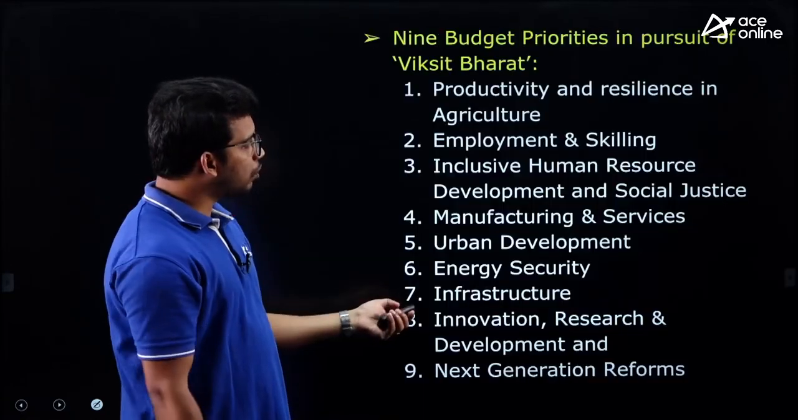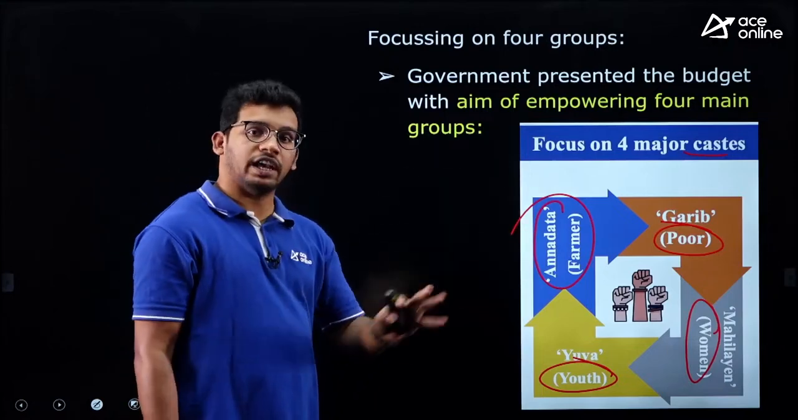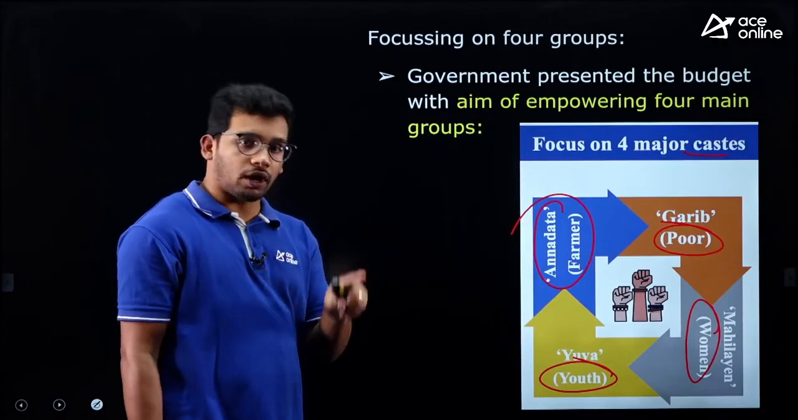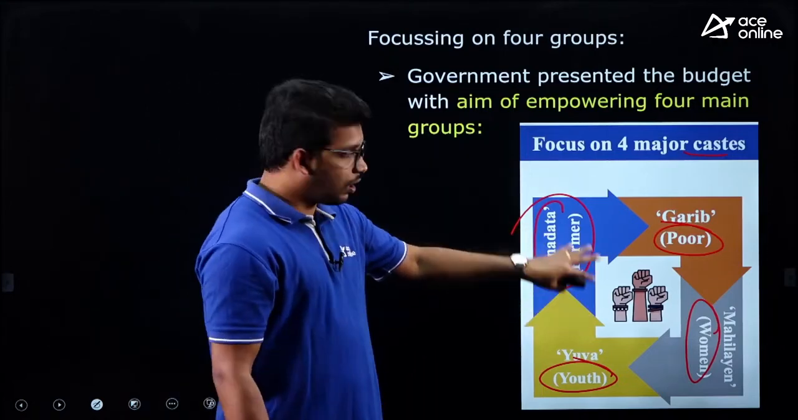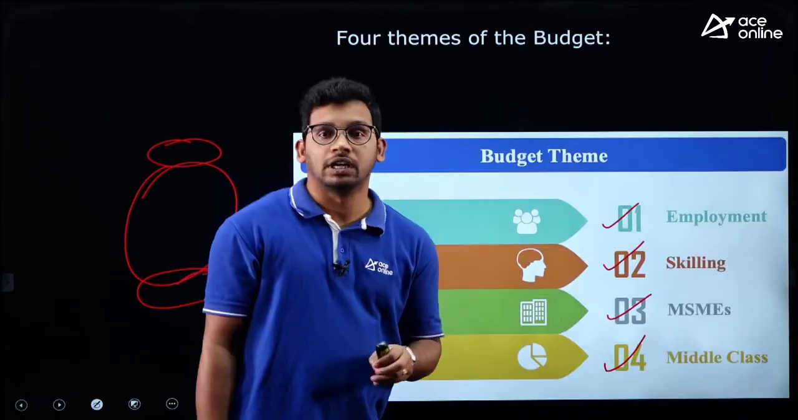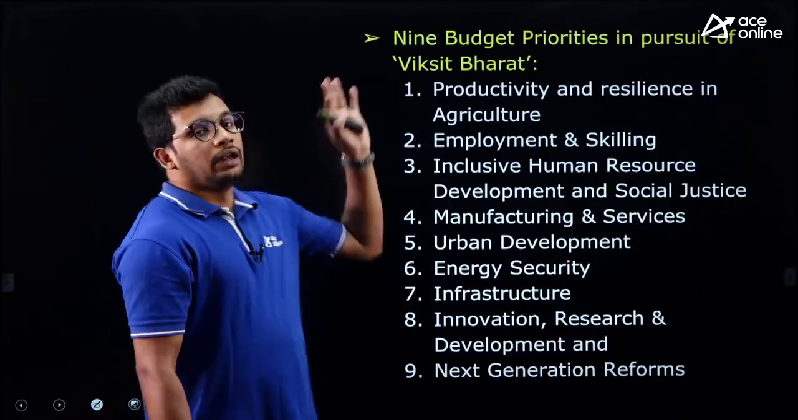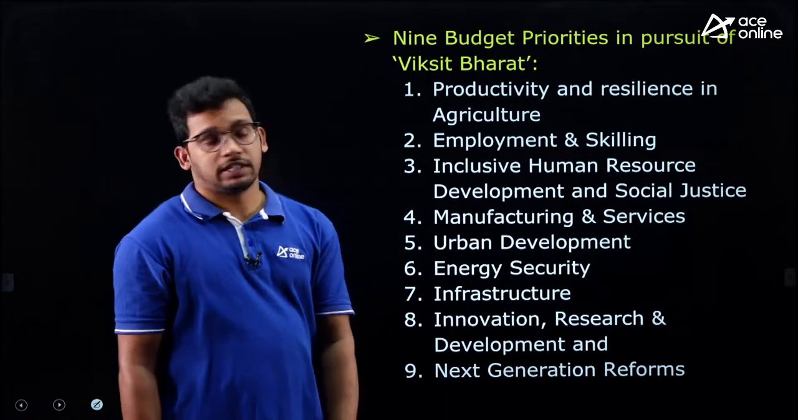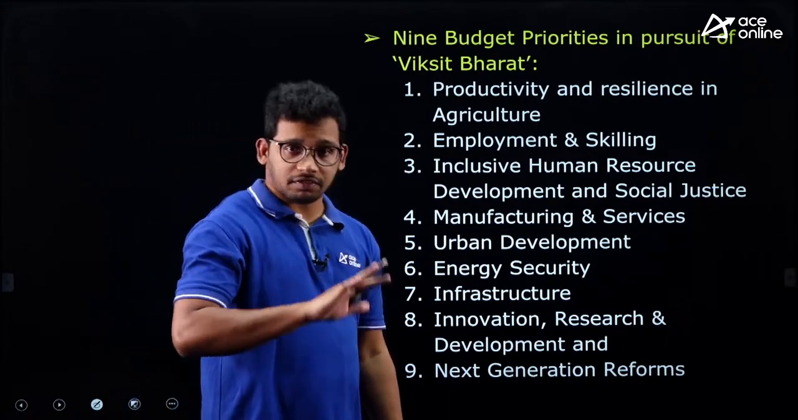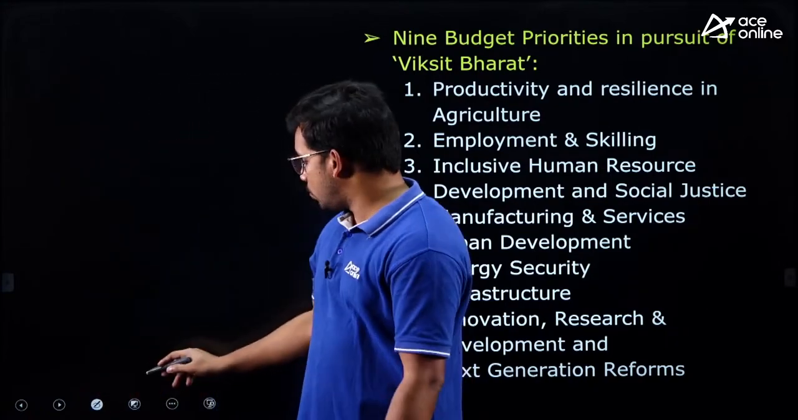So these are the 4 themes and 4 focus areas which government is going to allocate, and these 4 groups as well as 4 themes government is going to implement through 9 priorities. Here we will get a lot of data, a lot of schemes and all, right. So now let us see what are